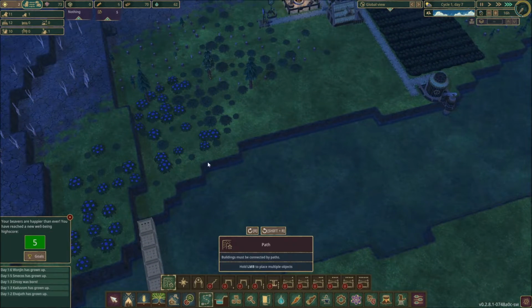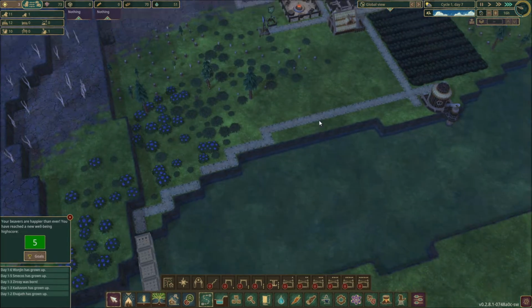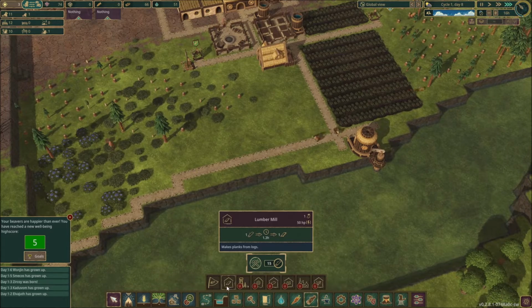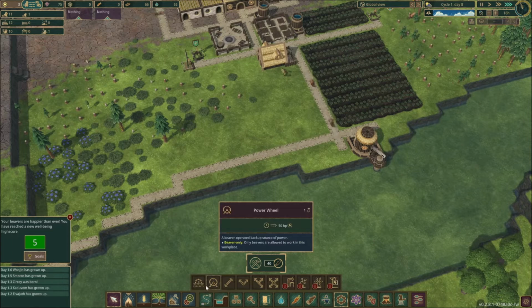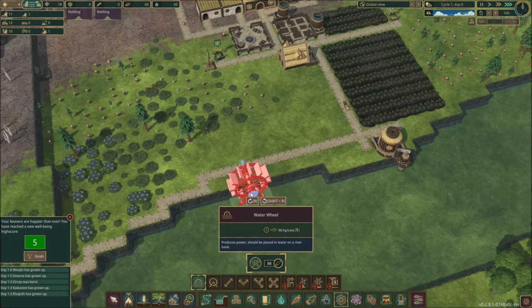Let's see if we can get a path going on to here. We can. It's going to be a little zigzaggy, but mostly a path. I don't want that to come too close to the river. Probably going to have to move that, but that's okay. Alright, and again, we want this kind of lumber mill because we're going to want power. So what we are going to want is we're going to rotate this. We're going to...